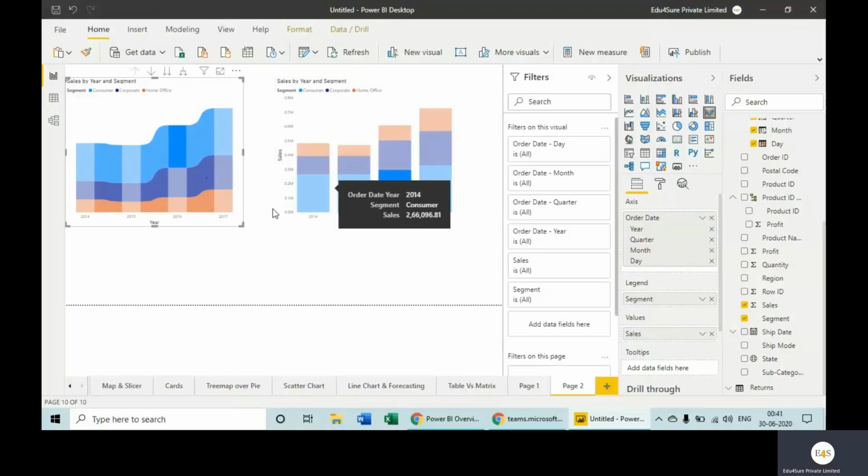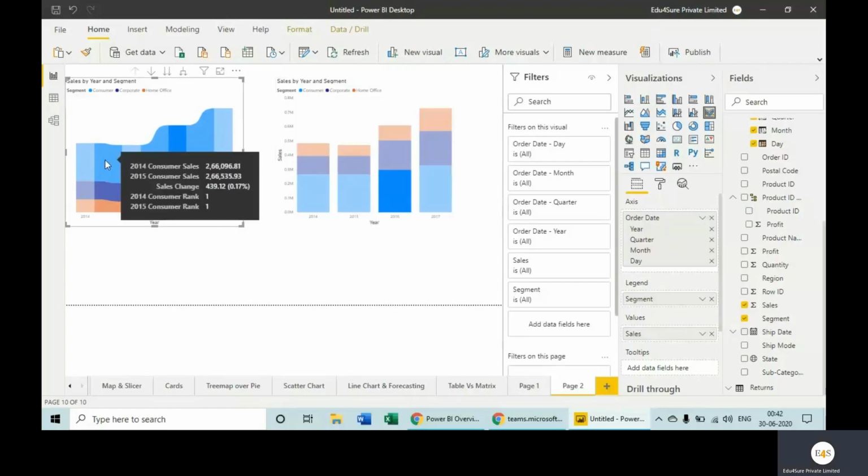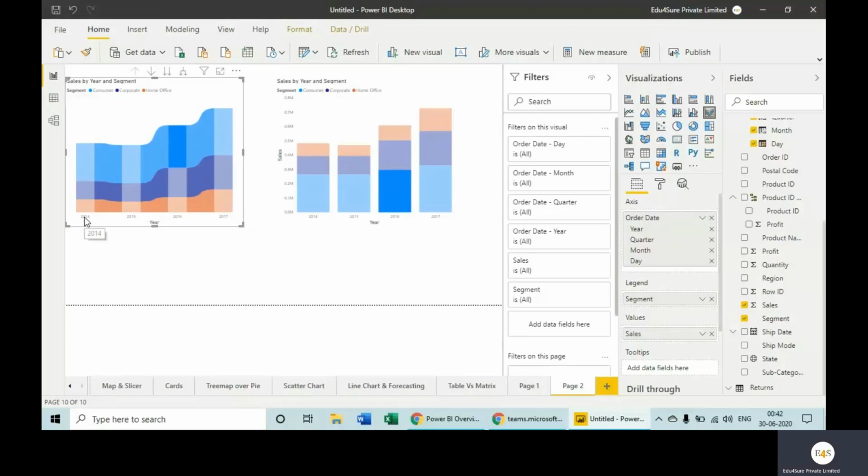So what is the change? Guys, when we keep our cursor on this gap which has been filled here, this is the extra thing when we compare it with this chart. When we keep the cursor here, this gives us additional information. And what is that? It is telling us the change between 2014 and 15, this particular area.